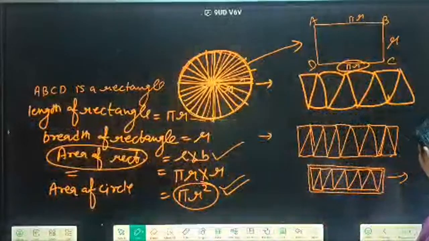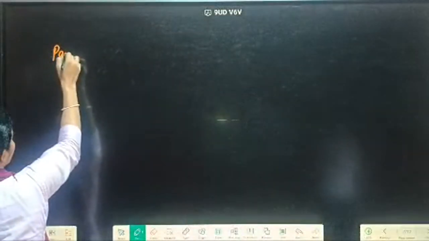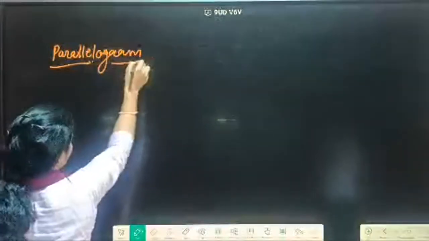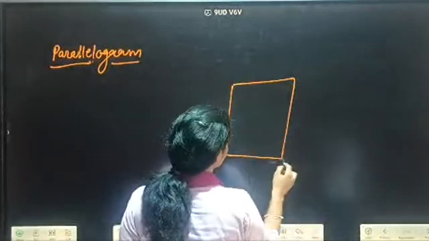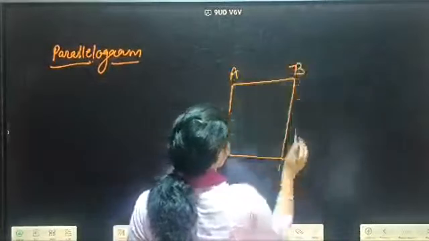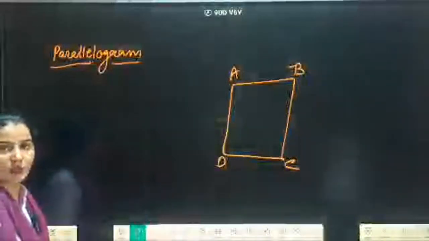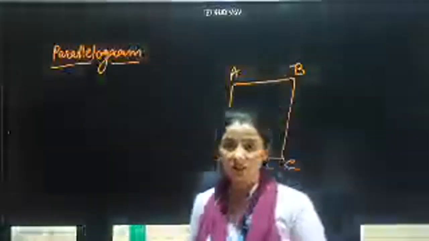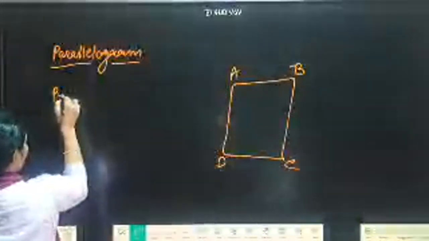Next 2D shape is parallelogram. What is the next 2D shape? Parallelogram. So this is the shape of a parallelogram. Say ABCD. What is the definition of parallelogram? Opposite sides are equal and parallel. That is a parallelogram. If you have to find the perimeter,